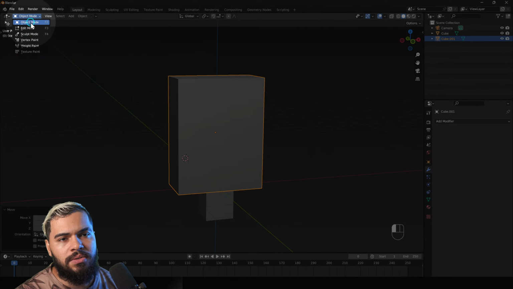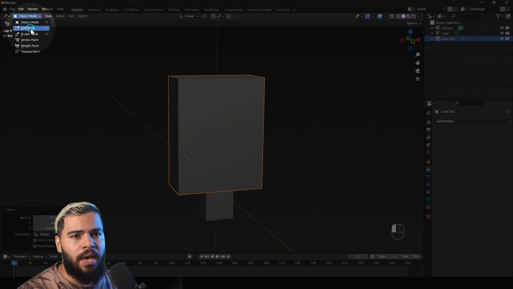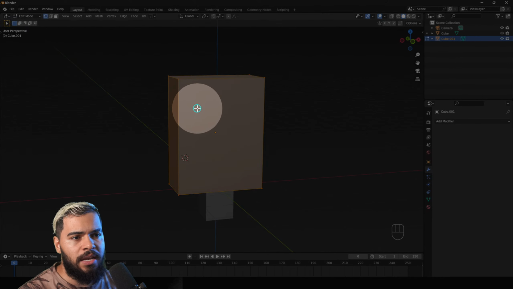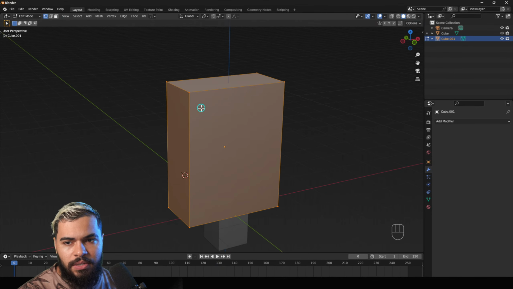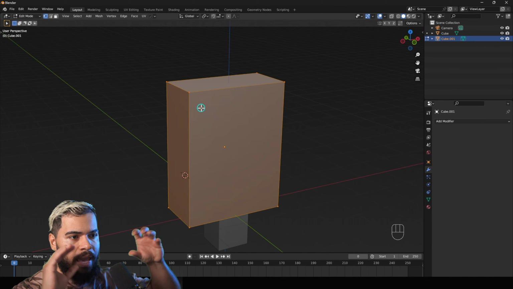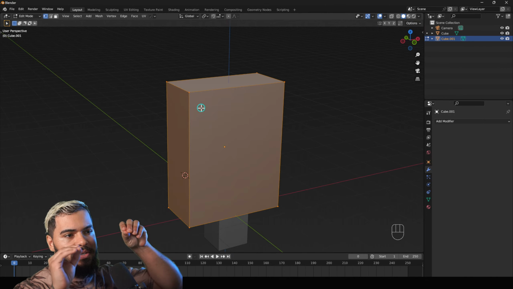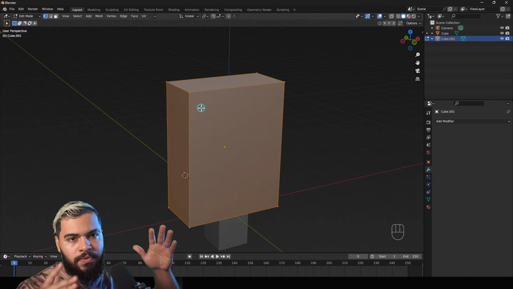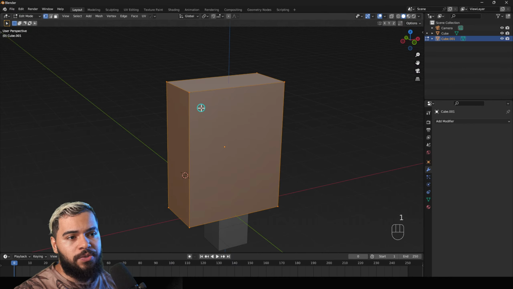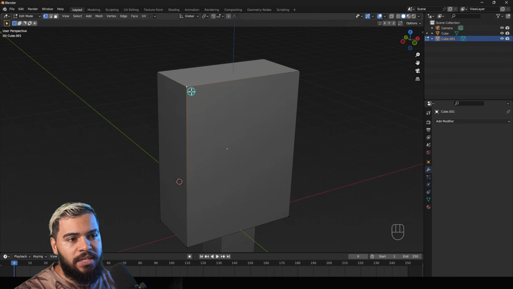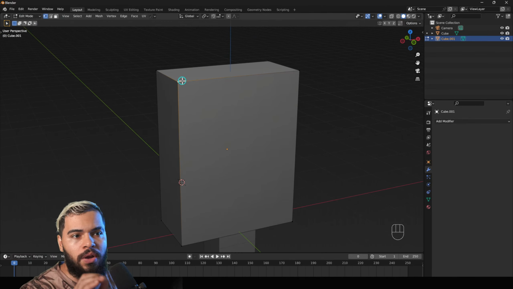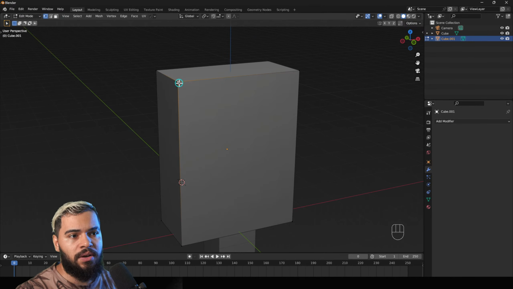And here, as you're going to see, you have the edit mode. In this edit mode, if you keep the object selected, it's going to put this object into edit mode, obviously. However, what we can do in this edit mode is this: you can now change these polygons, that's called vertices, vertex, edges, or faces.